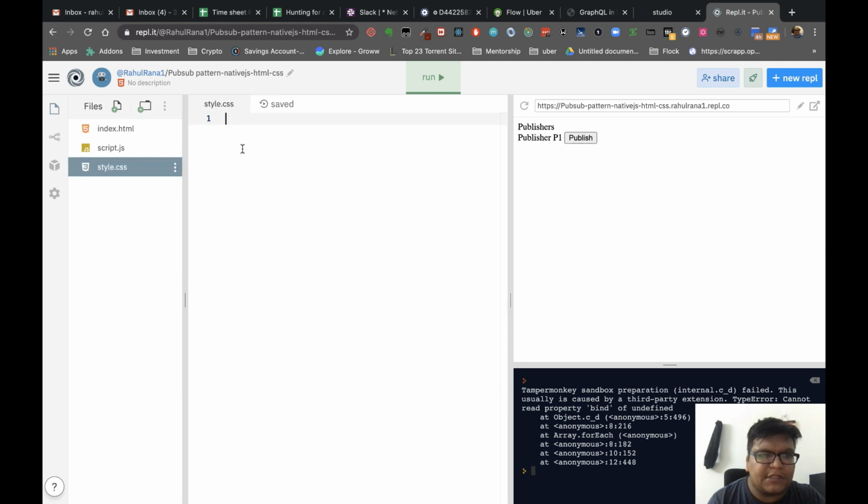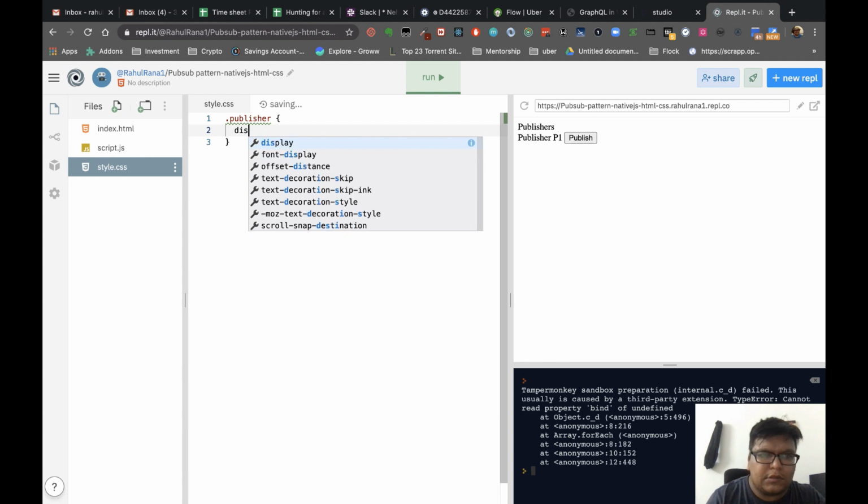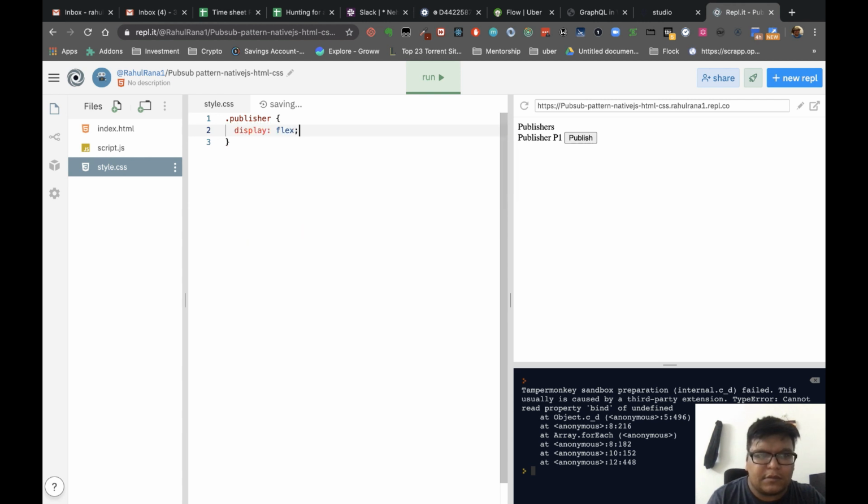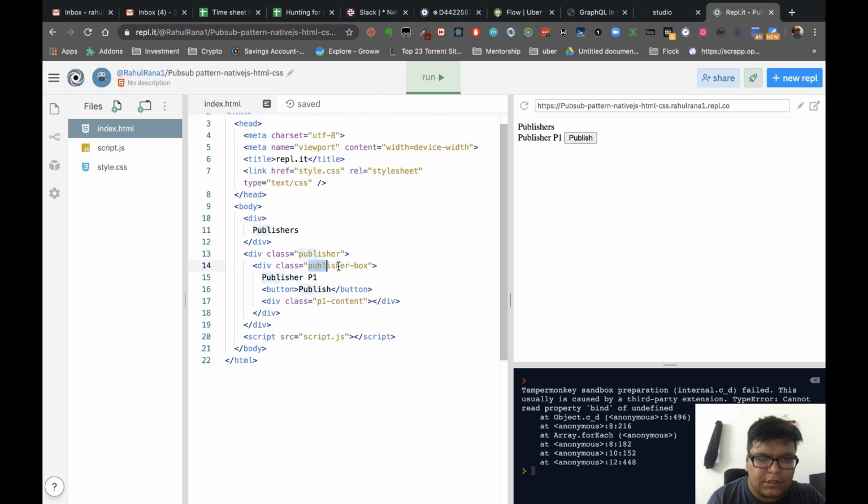Now let's add some CSS to make it beautiful. Display flex. So now we need to add this publisher box.